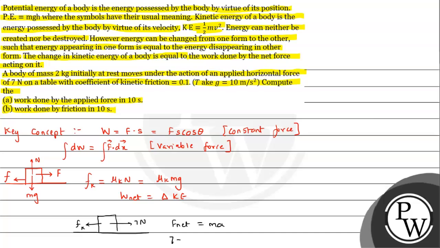सो नेट फोर्स होगी 7 माइनस ऑफ एफ एंड दैट विल बी इक्वल्स टू एम ए, राइट? अब 7 फोर्स हमें गिवन है. सो वी कैन से फ्रॉम दिस 7 माइनस ऑफ ये हो जाएगा म्यू के इंटू एम इंटू जी, एंड दैट विल बी इक्वल्स टू मास इंटू एक्सेलरेशन। अब अगर हम बात करें 7 माइनस म्यू के हमें गिवन है 0.1 जी हमें तो 1 हो जाएगा, ये 2 एंड दैट विल बी इक्वल्स टू 2a। सो यहाँ से हम a की वैल्यू देख सकते हैं, इट विल बी 5/2 मीटर पर सेकेंड स्क्वायर। ठीक, तो हमें एक्सेलरेशन मिल गया इस ब्लॉक का।